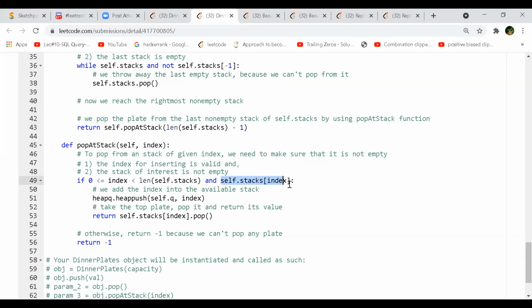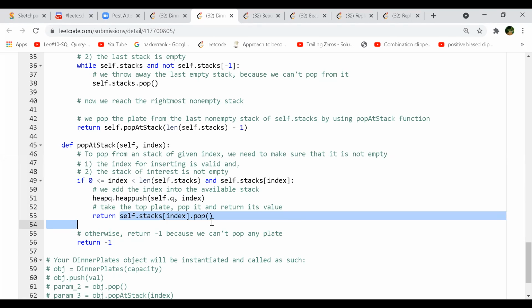And then we go to that index, go into the main stack, pick that particular element, and push that particular index into your helping stack Q1, right? And then you have to update it in the heap also. Then you pop it from that particular index from your main stack. Here you don't remove any of the stacks from your main stack list when they are empty. Exactly. So you do that in the pop, and that makes sense. You don't want to do it in every place, as it would be more confusing and complicated. So this is a better way of doing it.